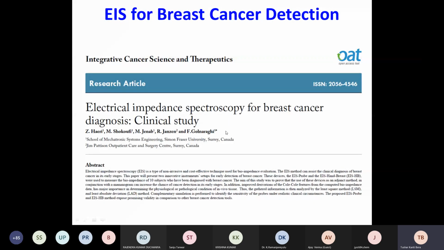And I will go to the microscopic analysis very quickly. So I am just keeping that. These are the case studies and examples in which impedance spectroscopy is used for detection of cancer